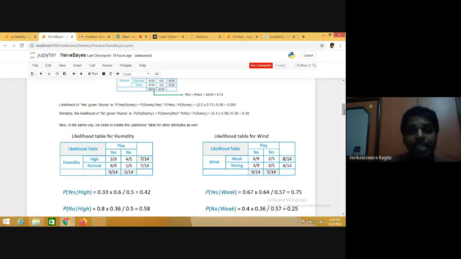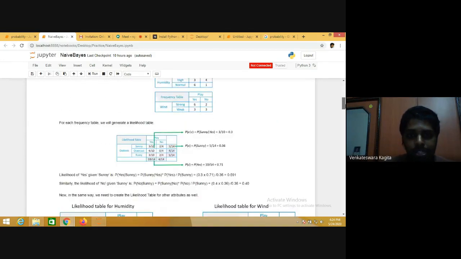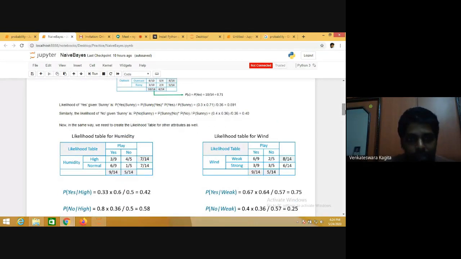Just note that you are given just data. From that, you are obtaining all these different statistics that you require to compute naive Bayes. You are computing all these statistics from your given training data. So you computed the likelihood of each and every attribute.